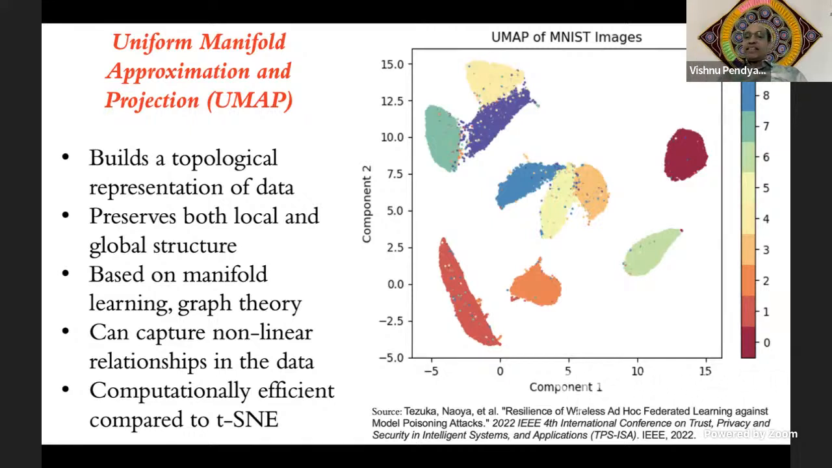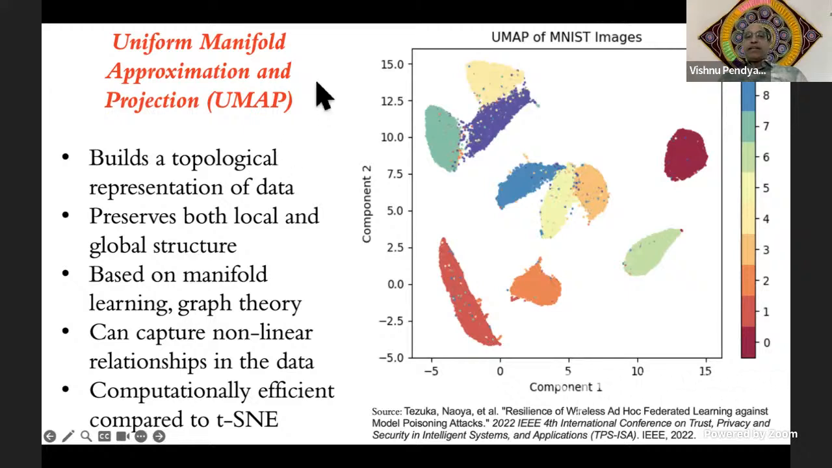Just like t-SNE, it uses graphs. It constructs a k nearest neighbor graph, and the distances are defined based on how reachable different nodes are through the graph. That means the neighborhood concept comes into picture in UMAP. So essentially it builds a topological representation of data, preserves both local and global structure based on manifold learning and graph theory, can capture, just like t-SNE, nonlinear relationships in data, and it is computationally efficient compared to